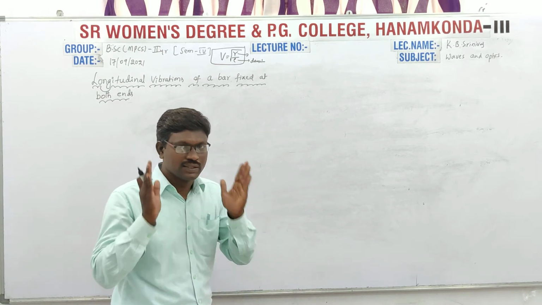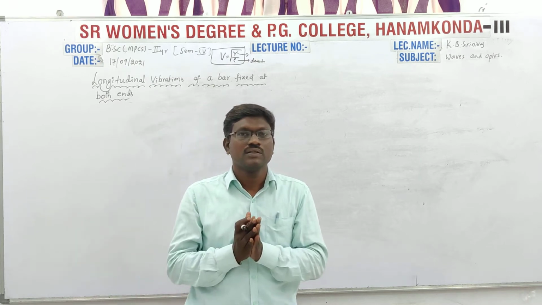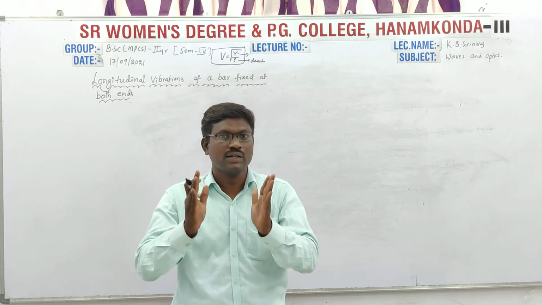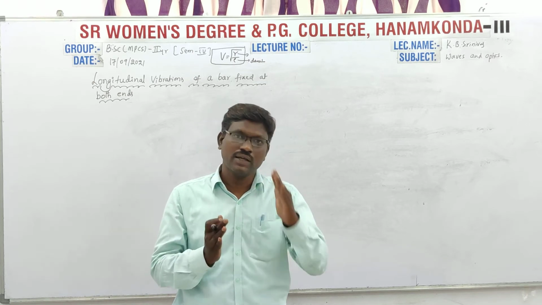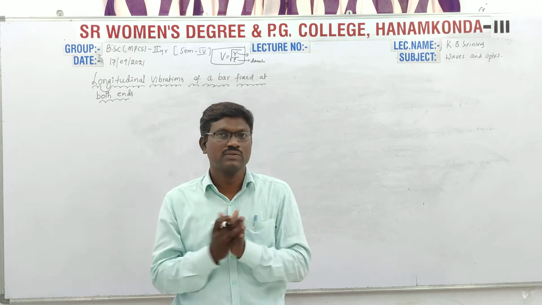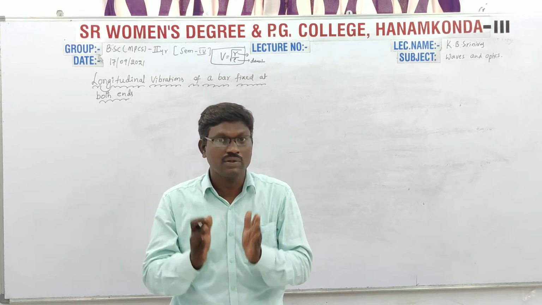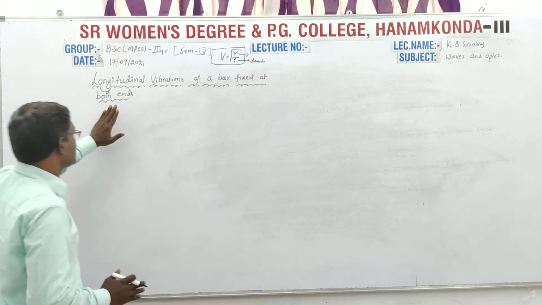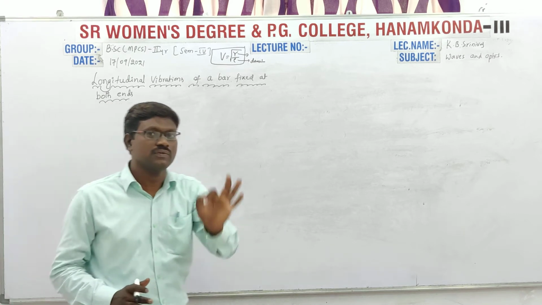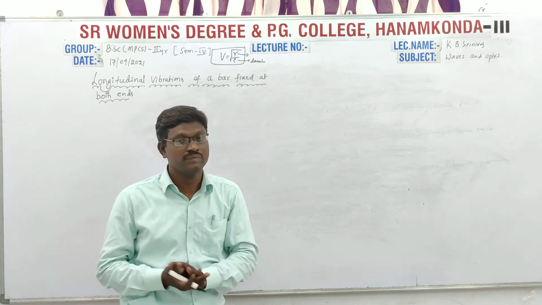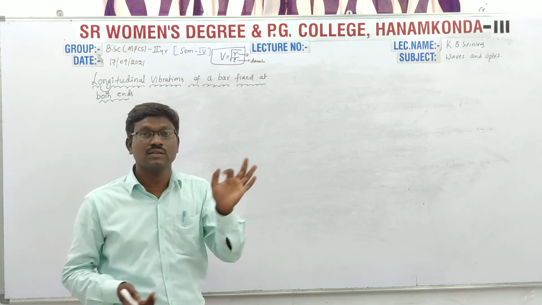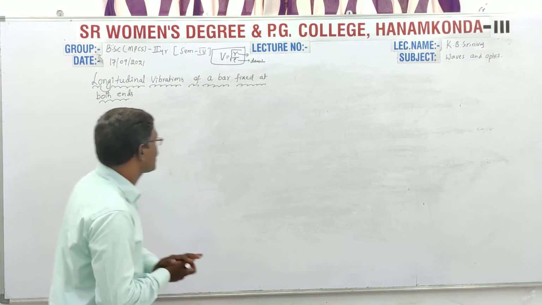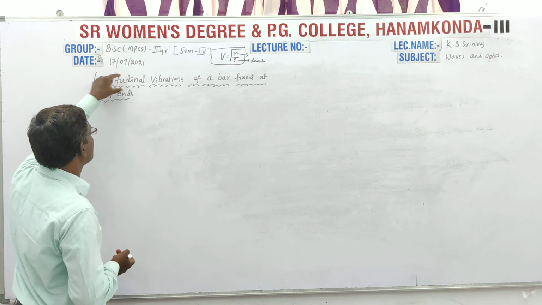So case 1. Remember, this is the second part of unit 1. The second part is again divided into two parts, longitudinal vibrations and transverse vibrations. So we are discussing longitudinal vibrations in a bar. This is case 1. Every case itself, sometimes they will give for 4 marks, sometimes these cases may be given for 12 marks. Cases are very important. Clear?